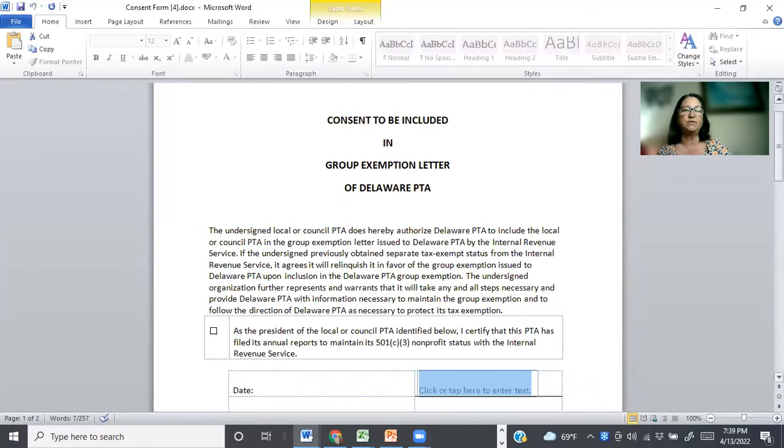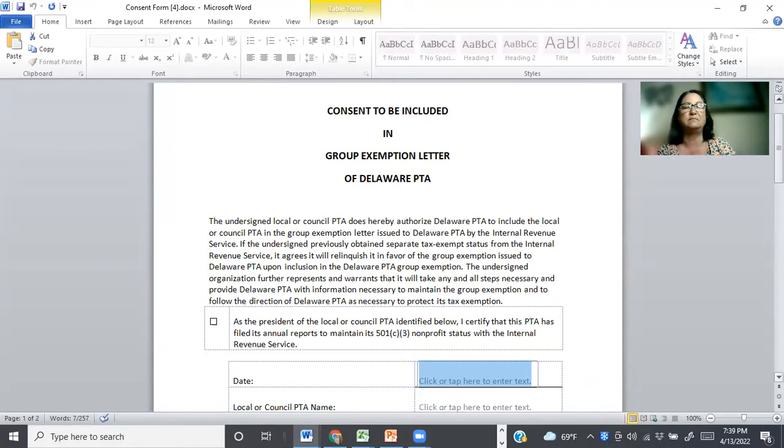This is a form that also relates to the former state PTA entity, that when that entity no longer became active in being able to represent us and have all of our local units under their group exemption umbrella from the IRS. The problem arose that our new state PTA, Free State PTA, has been created and approved by IRS, but IRS has put a hold right now on approving group exemptions,